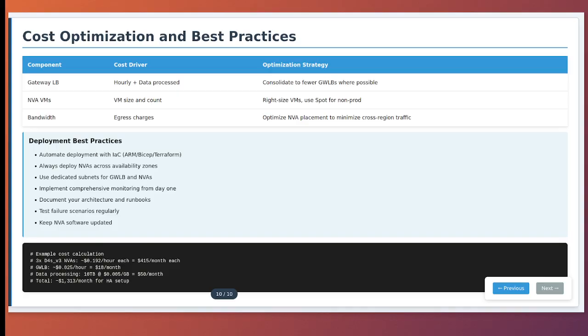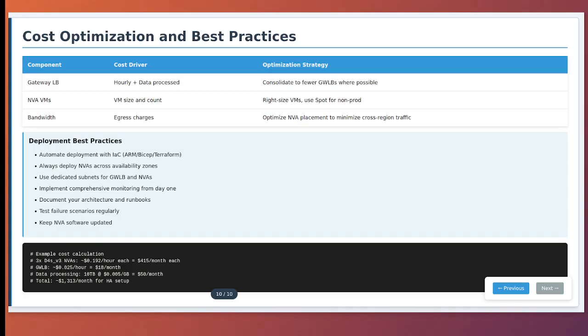Gateway Load Balancer pricing has three components. First, there's an hourly charge just for having the GWLB deployed. This is approximately $0.225 per hour in most regions. Second, you pay for processed data at roughly $0.005 per gigabyte. Third, you pay for your NVA virtual machines at standard virtual machine rates. The GWLB costs are usually minimal compared to NVA costs, so optimizing NVA usage is where you'll find the biggest